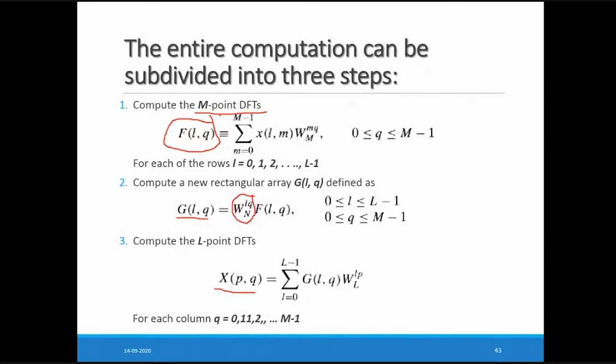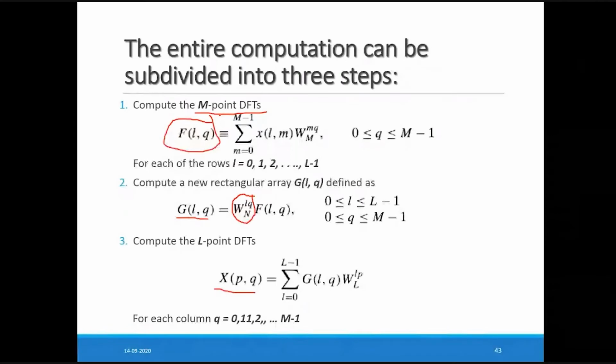If I'm taking m-point DFT instead of n-point, now the notation is changed from n to m only. So here I can write m square, and the number of additions m into m minus 1. The same equation we have to apply. I request all of you to take the notepad or notebook and write down this equation.